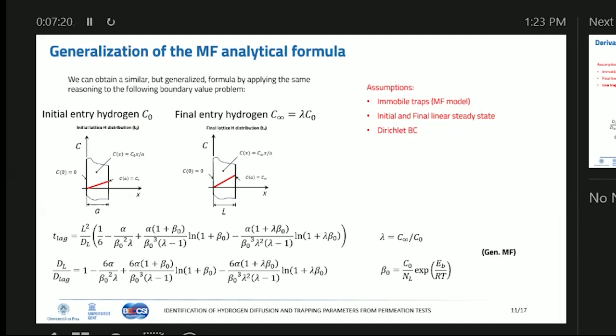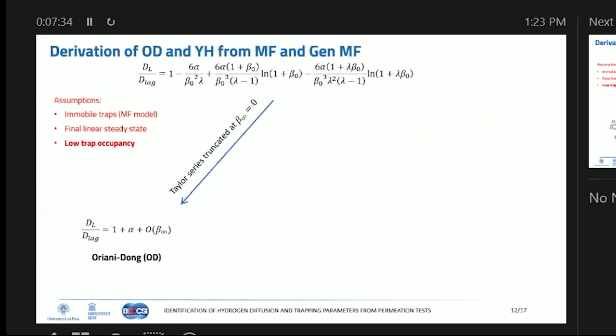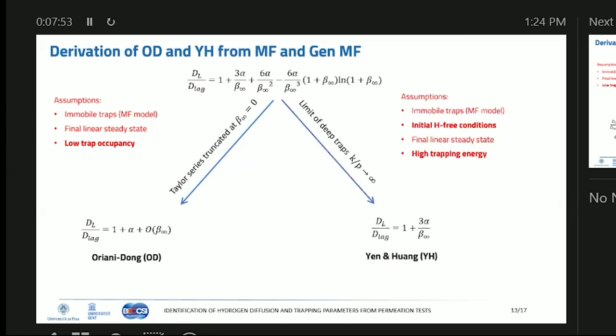And I will briefly show how this fares compared with the other formulae present in the literature. So, first of all, let's observe that it is really a generalization of the other ones too. If I take this generalized McLaren-Foster or the classical McLaren-Foster, and I assume low trap occupancy by doing this Taylor series here, I obtain the Oriani-Don expression. So this is fine. If I assume deep traps, and I have to use the old one because